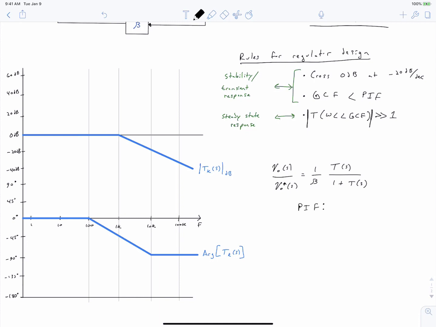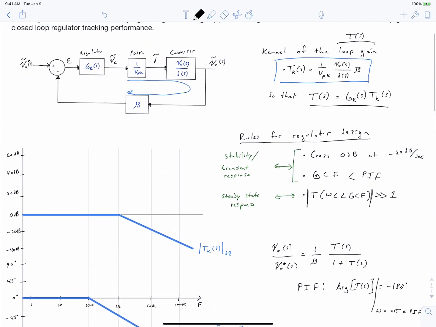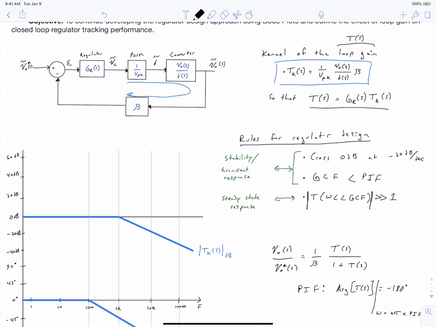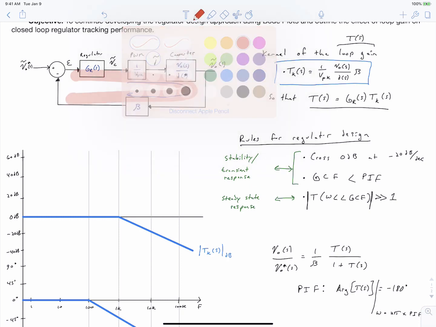So at the phase inversion frequency, the argument of T(s) is equal to negative 180 degrees, when omega is equal to 2 pi times the phase inversion frequency. So this magic number of a magnitude of 1 with an angle of negative 180. So when we have an angle of negative 180 and we take our path around here, that means that at this point right here,